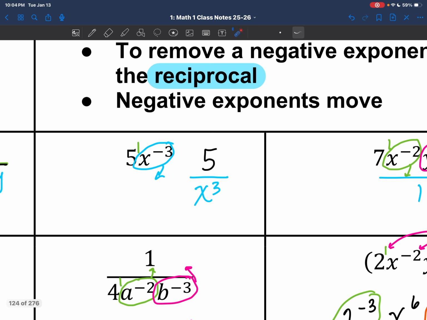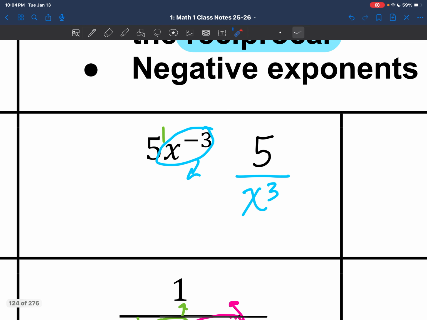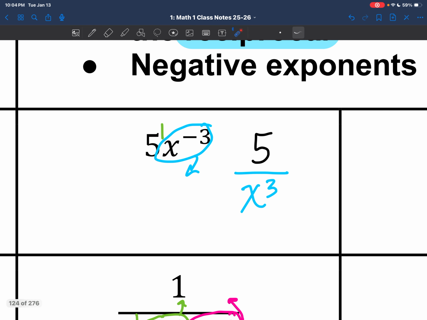Now, let's look at this one. For this one, again, remember, if there is no exponent, write an exponent of 1 in. So this is going to stay where it's at. But this is a negative exponent, so that one we're moving. So again, 5 to the +1 stays here, and we moved only the negative exponent